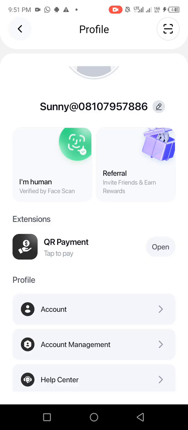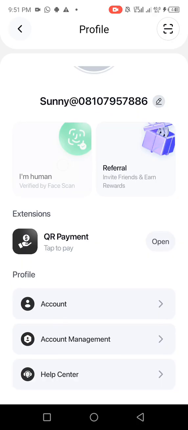So when you open yours and you click on this top profile there, it's going to open up in form of a camera, where you have to verify by letting it take your face. You understand? It's very simple, like when you are verifying your OPay or your PalmPay. So that's that. Then you click on this referral part. Why you have to do this is, of course, you need to be verified, and also once you do that, you're going to be getting